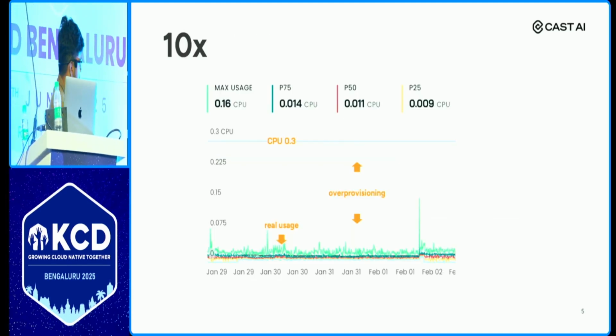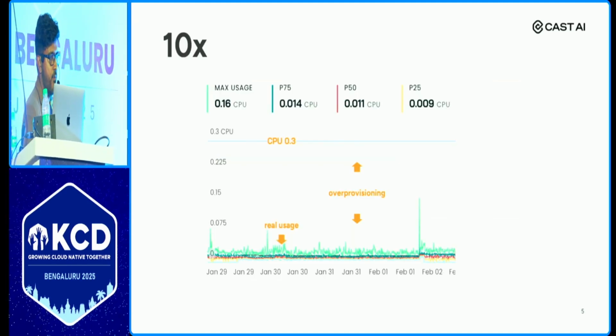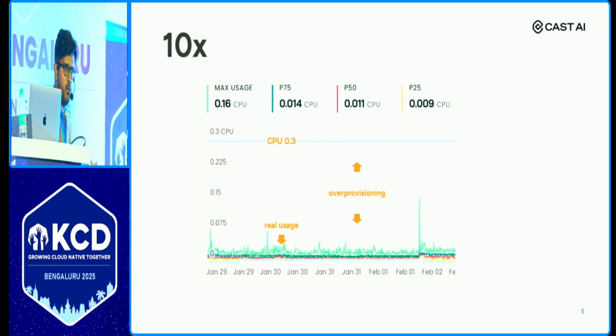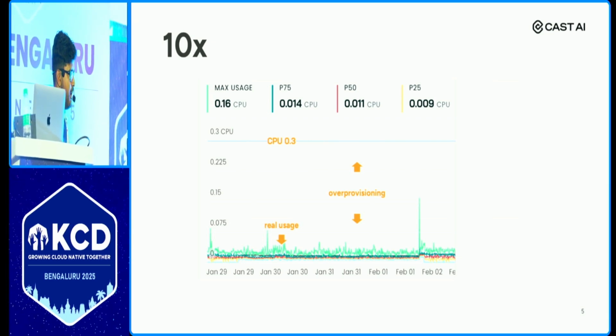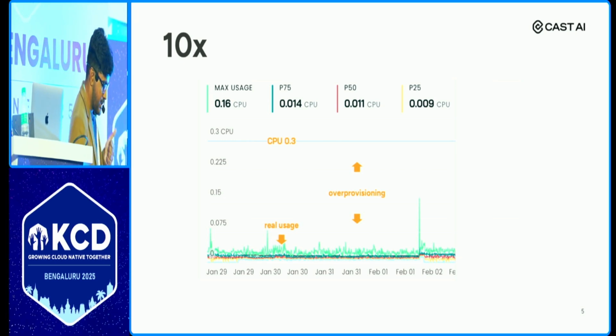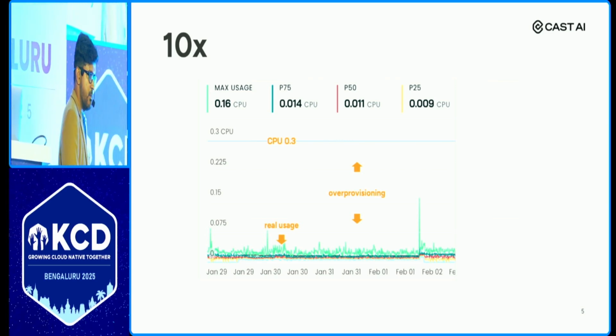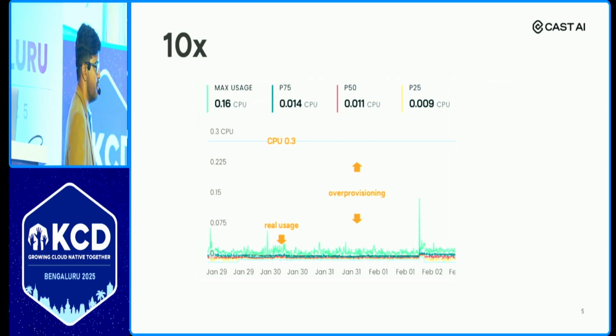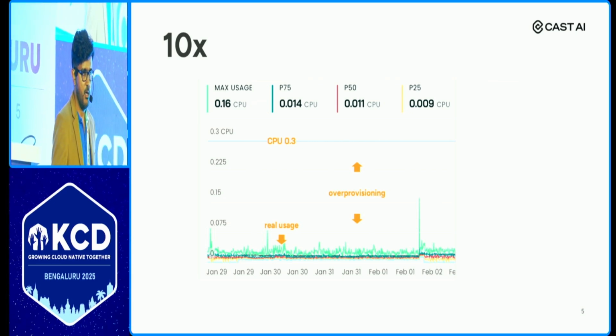This is a real-time example we captured from one of our customers. It's a real production grade workload. The blue line you see is the requested CPU, or the application demand. Your developer asks for 0.3, or 300 millicore. Once you request 300 millicore, the Kubernetes scheduler will make sure it is there. Otherwise, the pod will not schedule and will be in pending state. So the autoscaler has to create that much capacity.